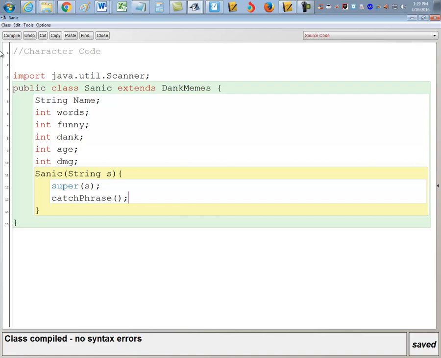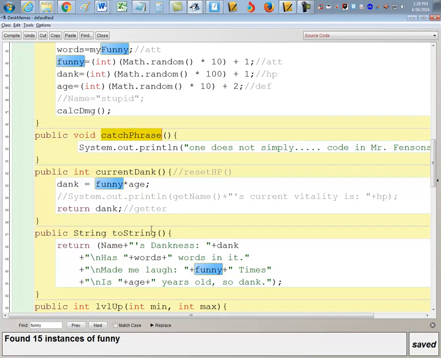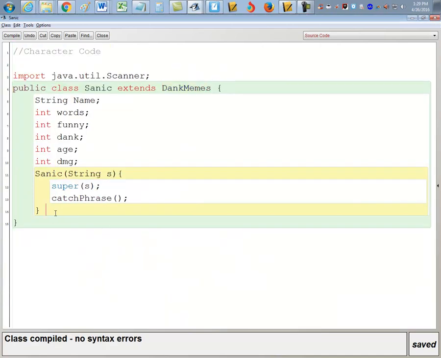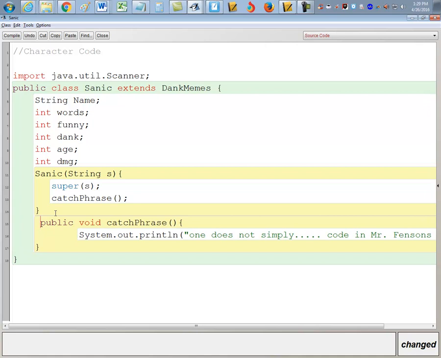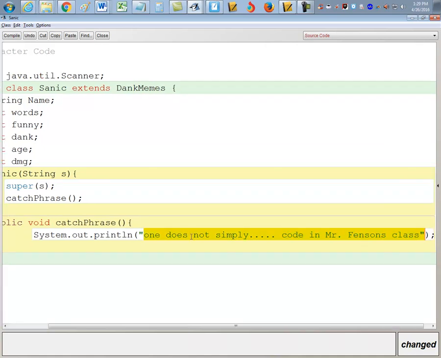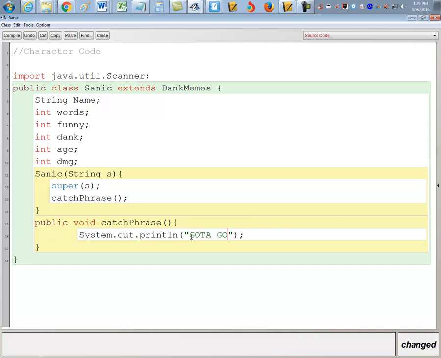Yes. Does everyone see that? Now, does this exist? No, it doesn't. Not in this class. But the nice thing about it is it extends dank memes. So that means if I don't make a catchphrase, if I don't make this, it uses the one in the character class. So I'm going to say here, gotta go